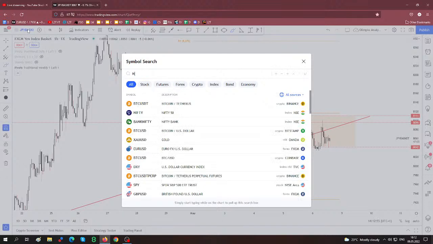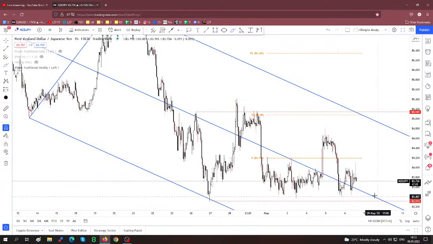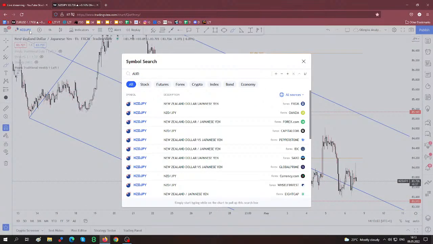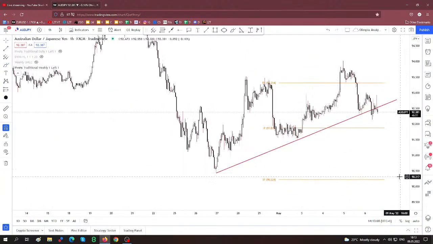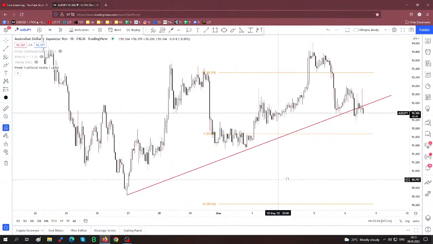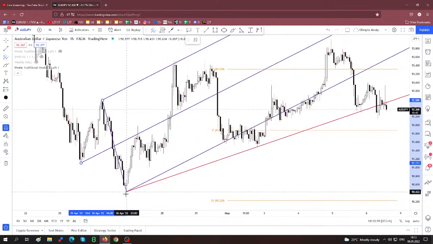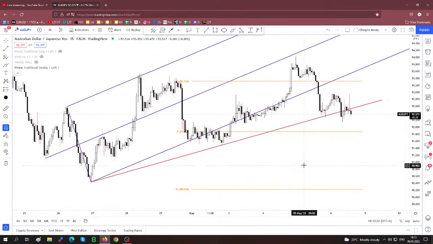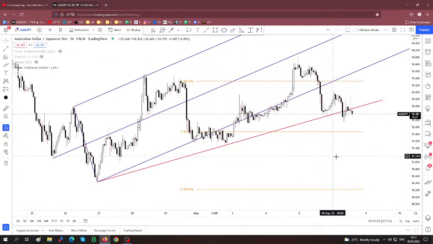Okay, New Zealand dollar, Japanese yen. Now here I don't have something because it's at support, former lows. But let's use an ascending pitchfork here, 1, 2, and 3. As you can see, it has reached the medium line, retreated, rallied towards the upper medium line, sold off, and right now